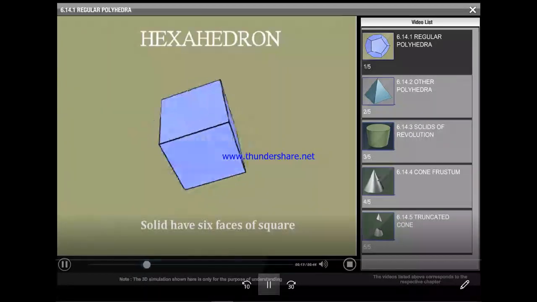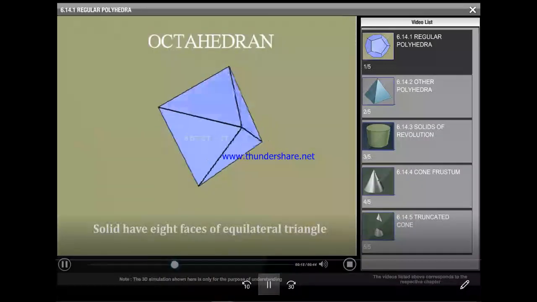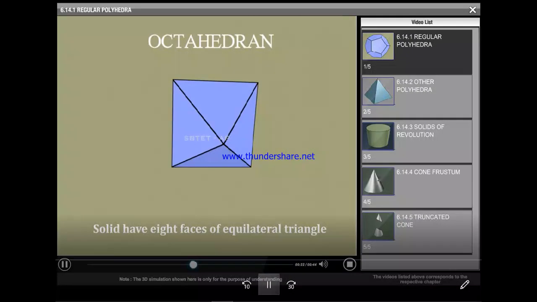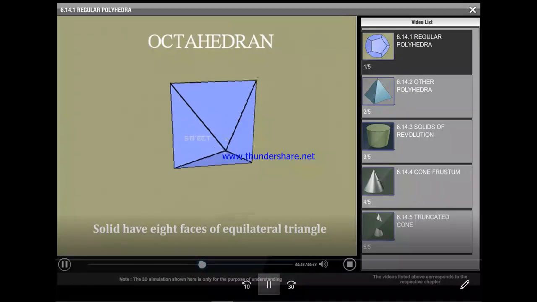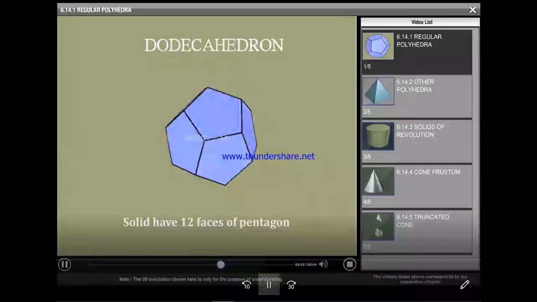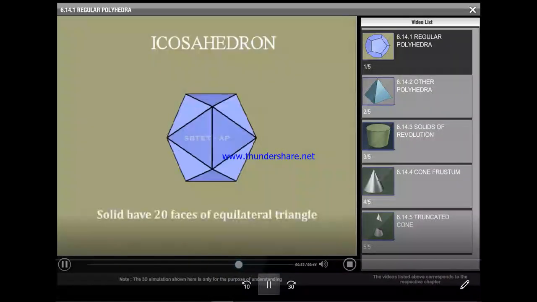Hexahedron. It is a regular polyhedron with 6 faces of shape square. Octahedron. It is a regular polyhedron with 8 faces of shape equilateral triangle. Dodecahedron. It is a solid with 12 faces of shape regular pentagon. Icosahedron. It is a regular polyhedron with 20 faces of shape equilateral triangle.